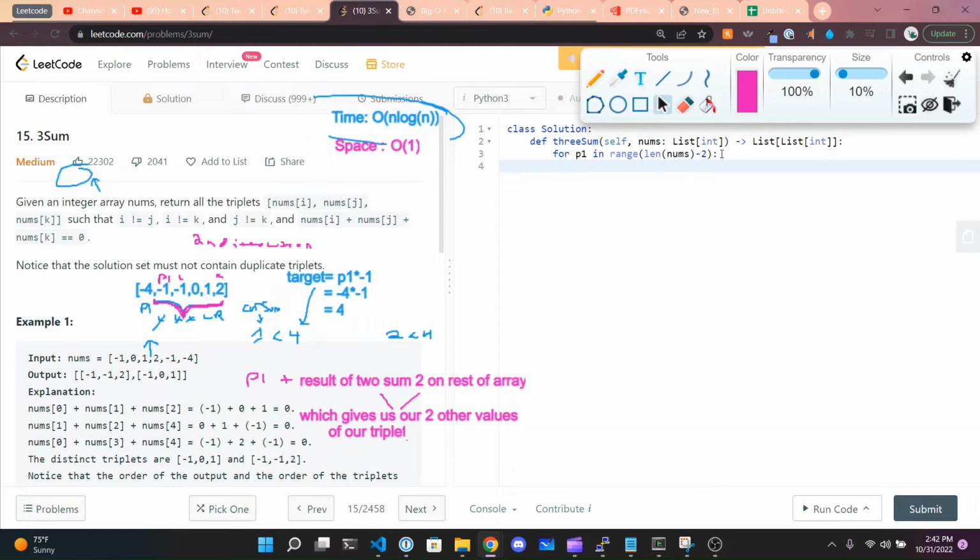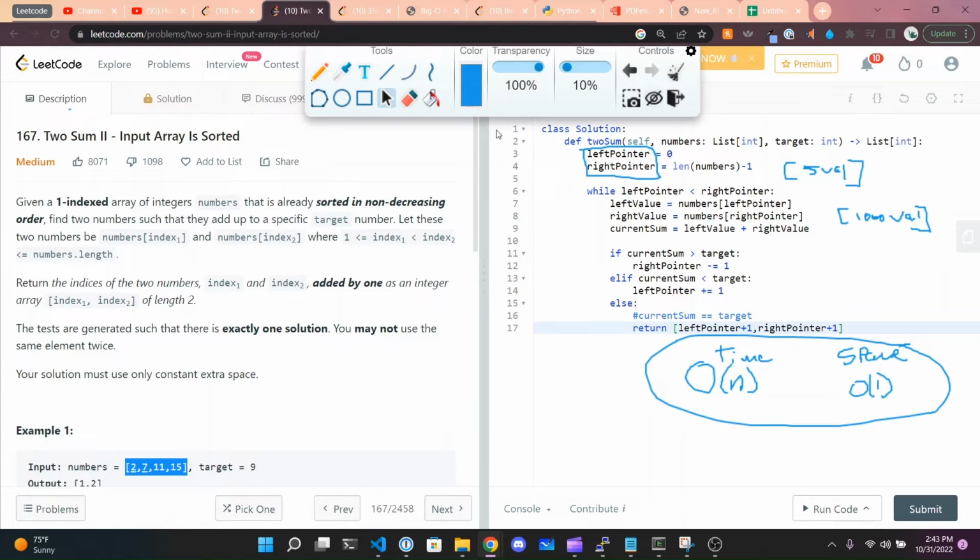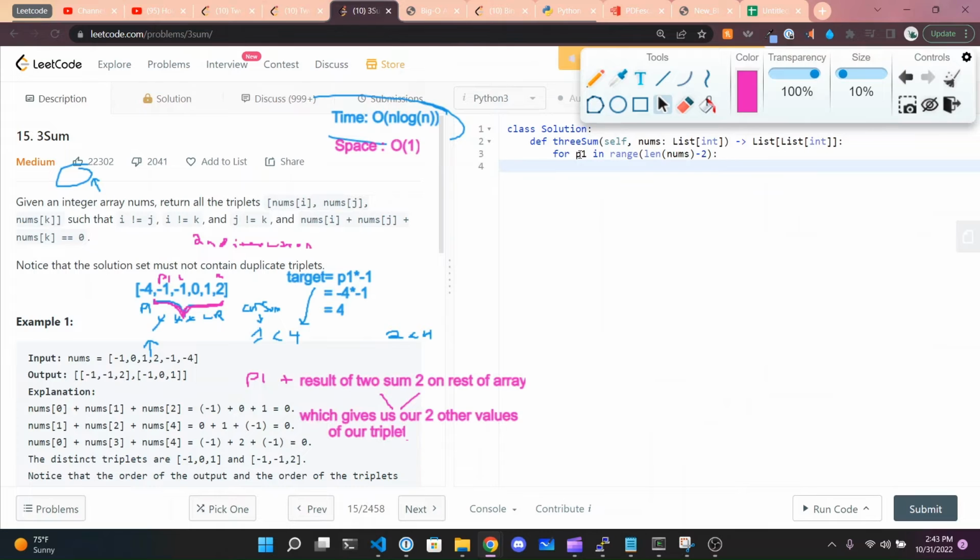All right, so now we're going to do a loop inside which we're doing our 2sum2 calculation. So let's look back here just for reference. We're going to use a left and a right pointer, right? Okay, so we're going to say left is equal to P1 plus 1, and then right is going to be equal to nums of